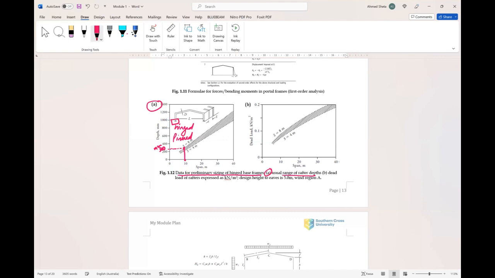In figure B, dead load for rafter expressed in kilonewton per meter, design height to eaves is 15, wind is 15. So for these two conditions,